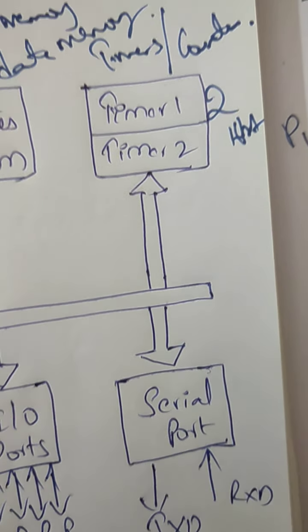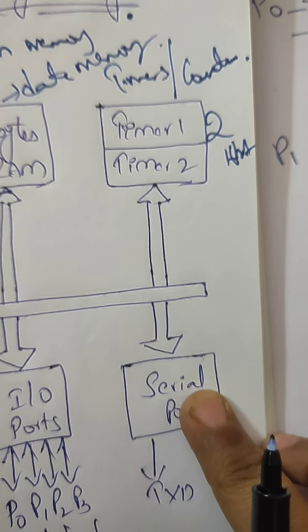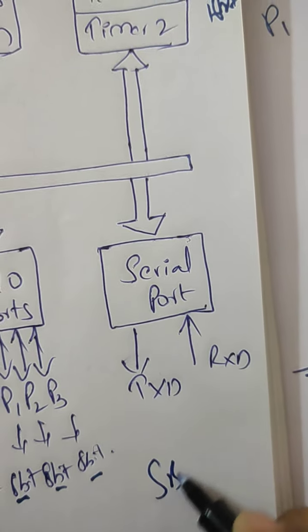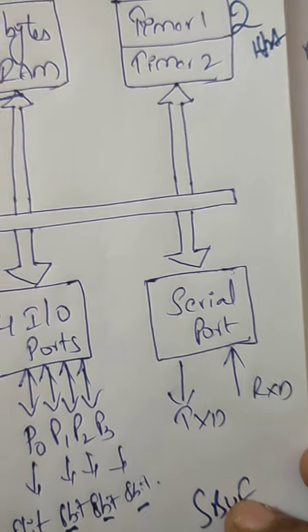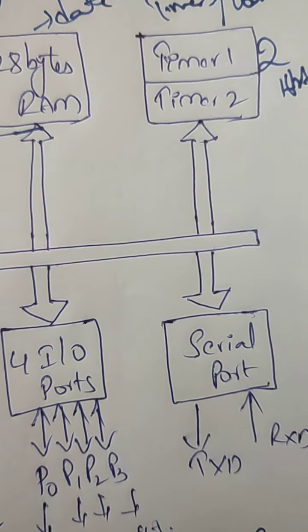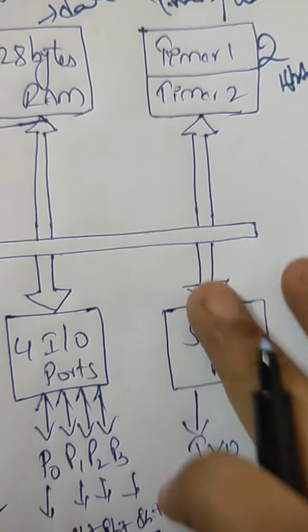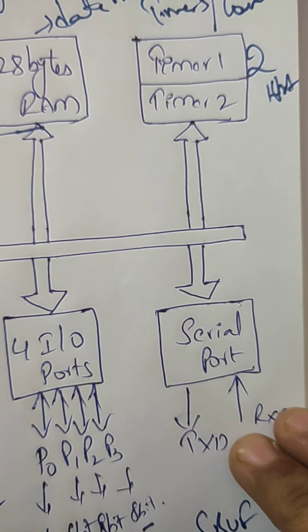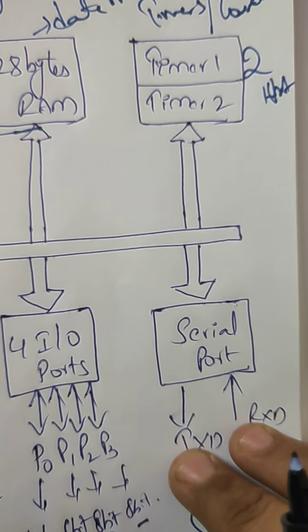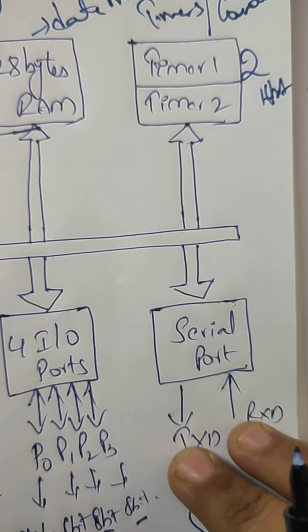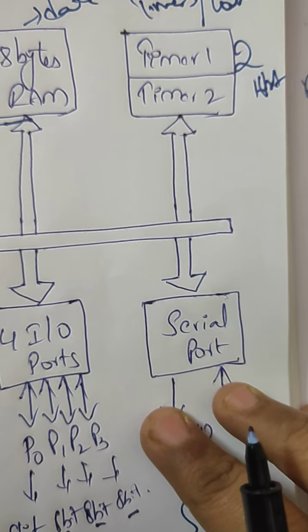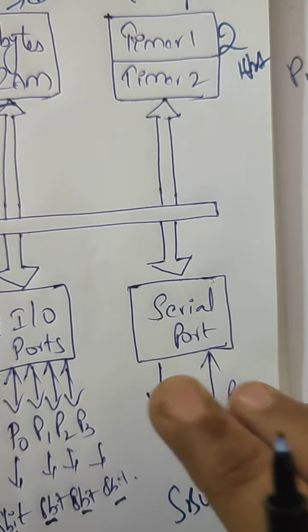There is one serial port in the 8051. This serial port is known as SBUF, nothing but serial buffer. In the serial port the data buffer holds whatever data is there. There are 2 registers in the serial port at the same location, in which the port acts as a reader of serial input data, known as the serial data receive buffer, and in the other way it writes the serial output data, known as the transmit buffer.